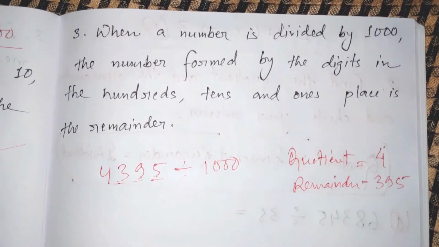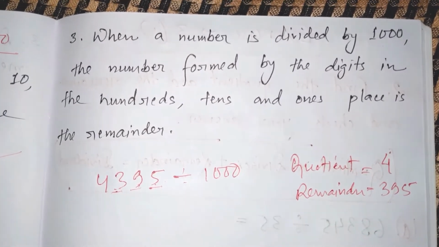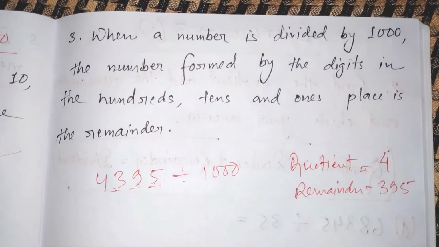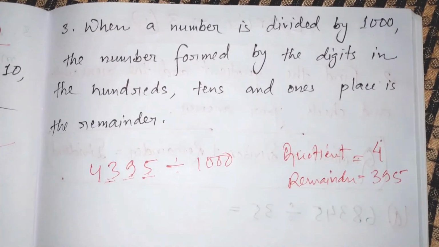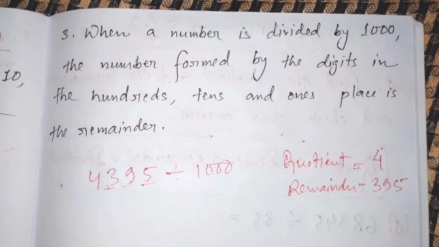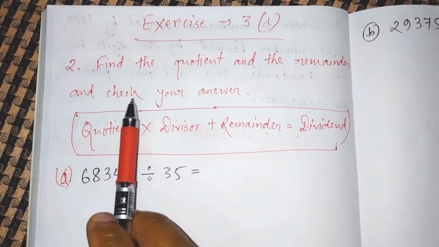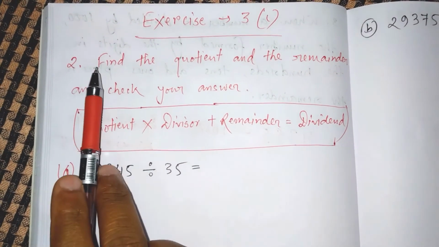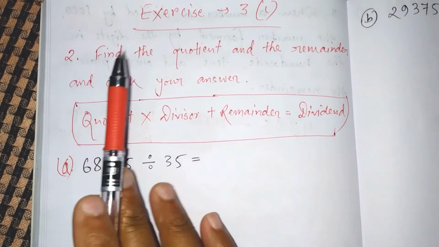Okay, so this is also pretty much easy. By using this kind of rules, your sums will be much more easy. Okay, so let's jump into the exercise and do the first question, students. So let's see the first question. This is actually the second question of your exercise. The first question was multiplication, as we have done in the previous video.